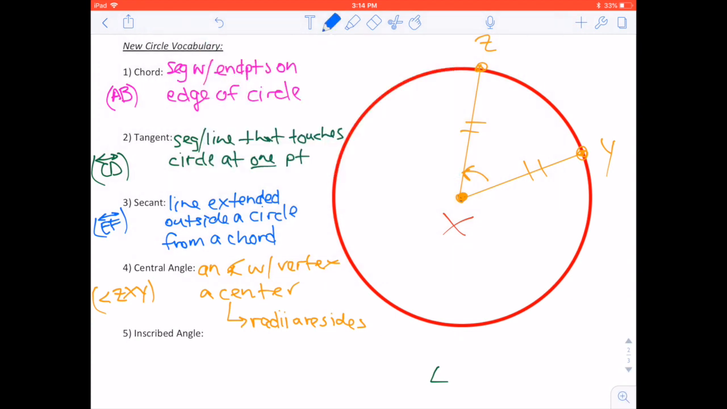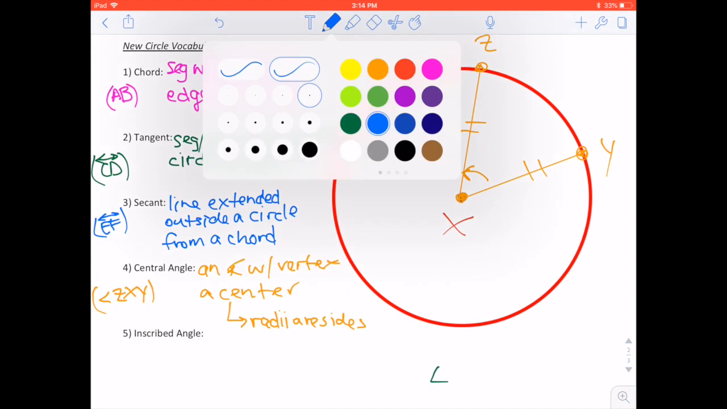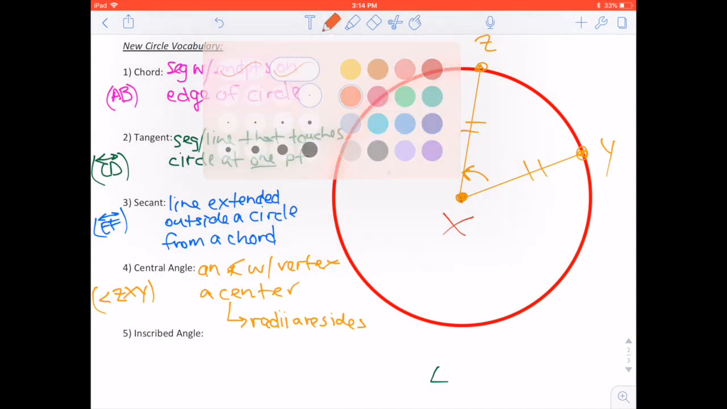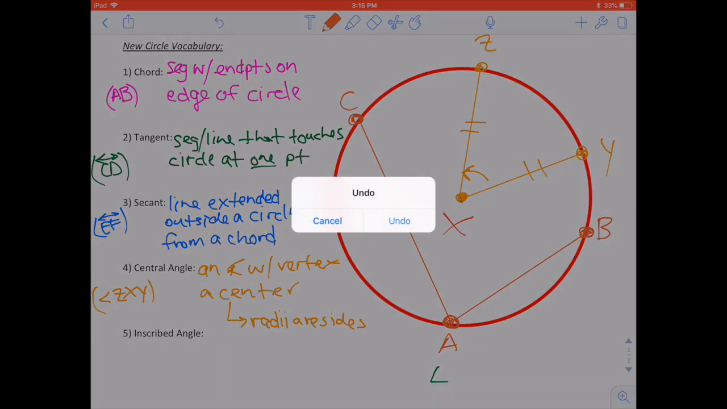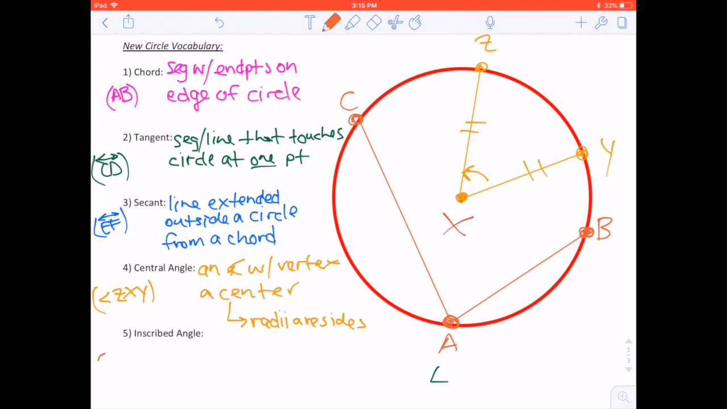Now an inscribed angle, a little bit different. Here the vertex is going to be anywhere on the edge of the circle. So maybe I can put it, let's change colors here, maybe over here. And the sides of an inscribed angle are actually chords. So I could draw one right there or here. I could make it a little bigger and go out here. Let's actually use the big one. Let's call this ABC. What are the sides of this inscribed angle? The chords. So my example here, angle CAB,